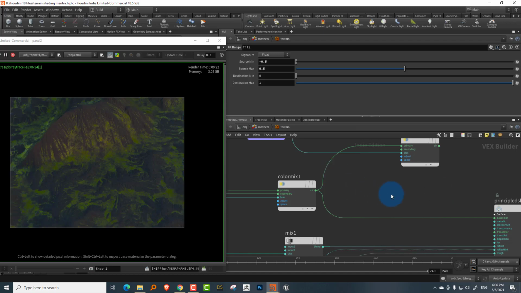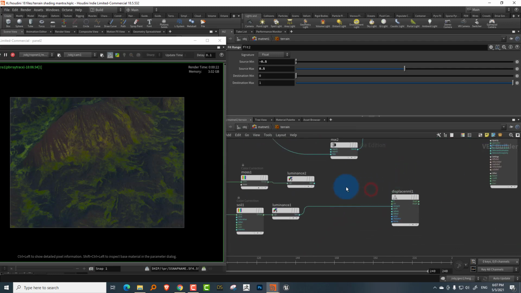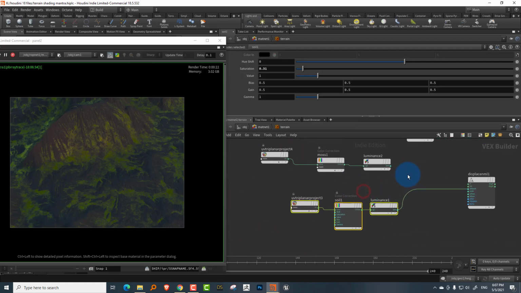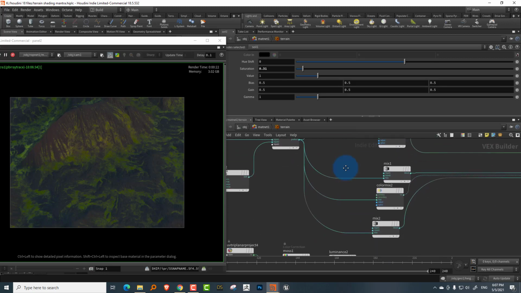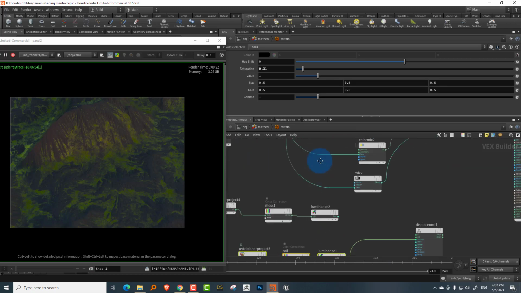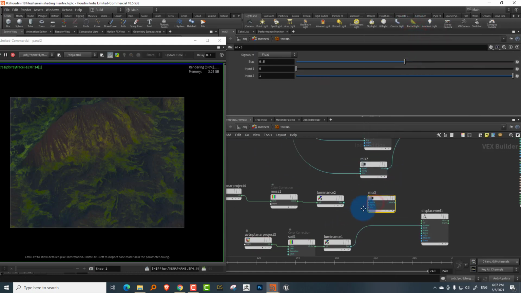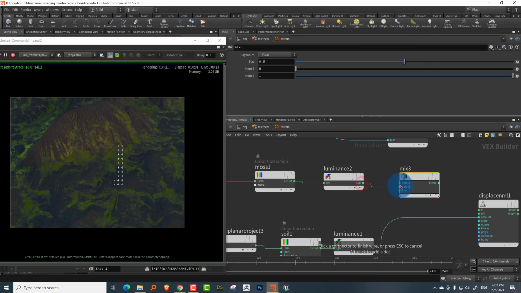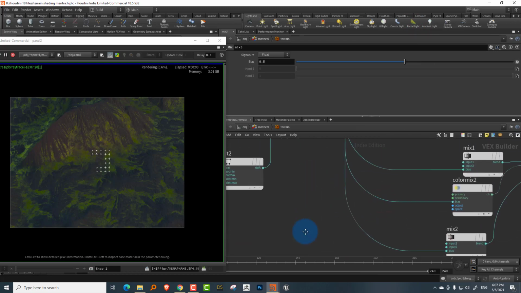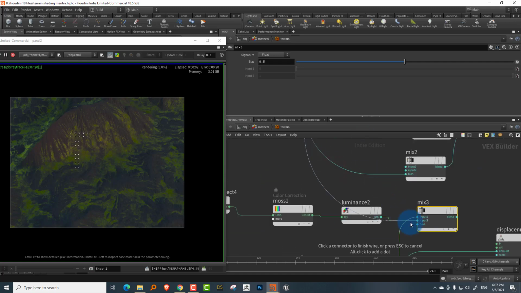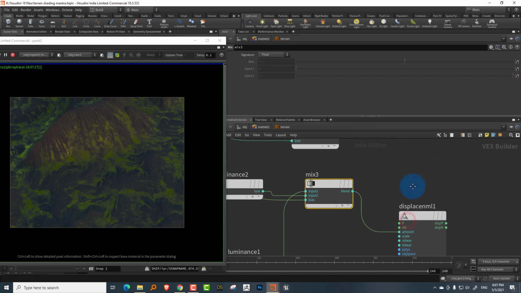Yeah, so that's pretty much it. So now, as a final thing, what I can do is, I can just take these two maps that we have for the bump, and I can take another mix and just mix these together. Okay, so all of it just comes in from the same point. So I can take a mix over here, and the moss goes in second, the soil comes in first, and this comes into the bias. Okay, and then this goes into the amount.